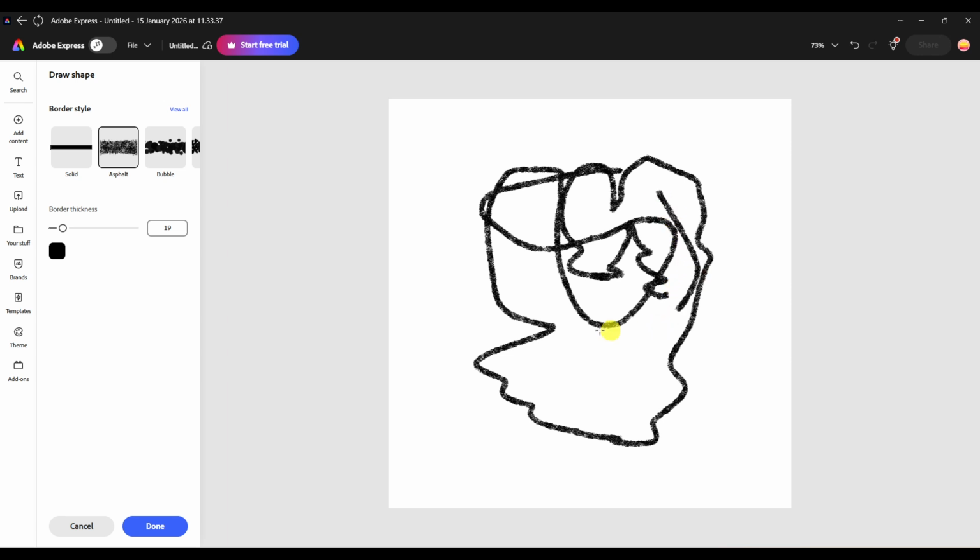That's it. Open Adobe Express, sign in, create or open a project, head to Add Content, choose Elements, view all shapes, pick Draw Shape,